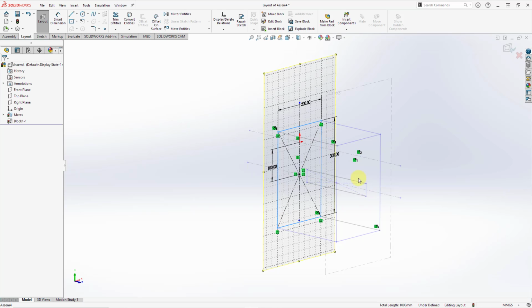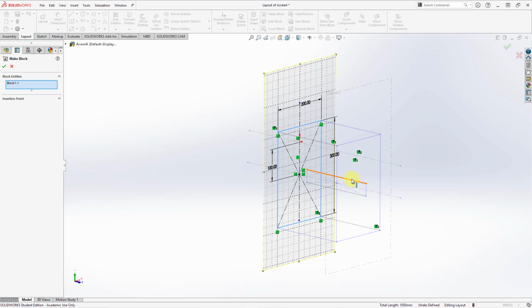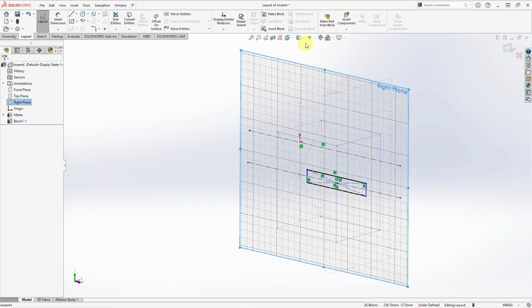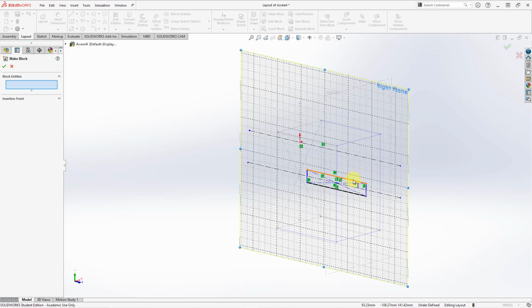And now let's say I want to grab these 4 entities that are in the countershaft and I want to use those as a block. If I go to make block and try to pick this, it's not going to allow me to do it because it is not in the right activated plane. So let me go to the plane called right, double click on it. Now I can go to make block and I can pick these different entities to compose another block,